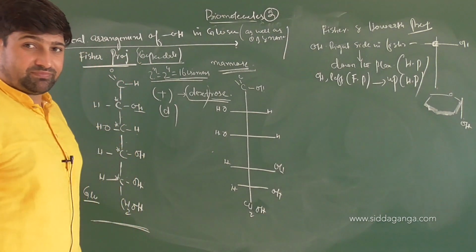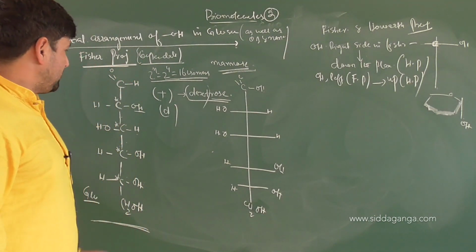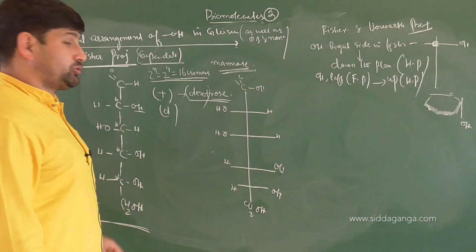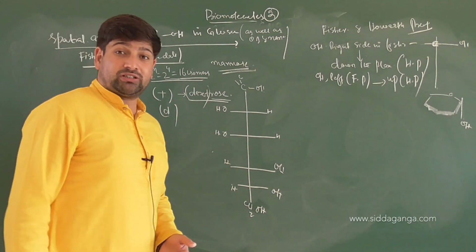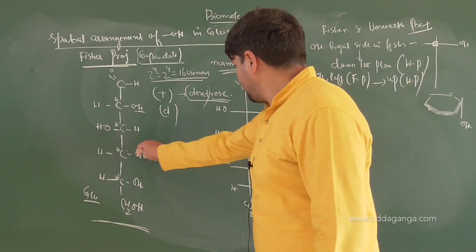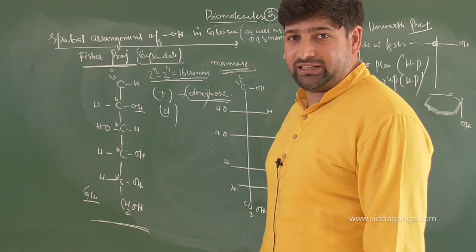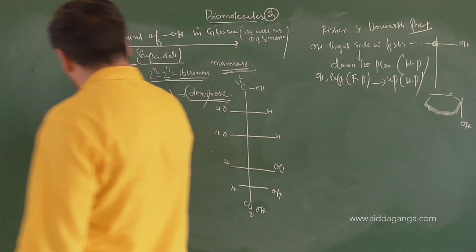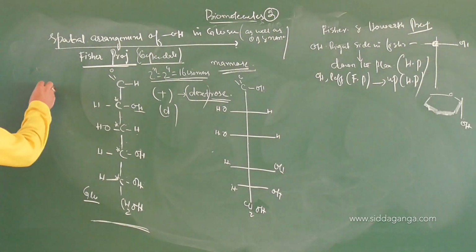What is this called? Mannose. Now here if you try to overlap these, you won't be able to do that because this is on the right, this is on the left. So they are not enantiomers, they are diastereomers, non-superimposable, non-mirror images. Yes. And one more that is possible with respect to this, can you draw it?